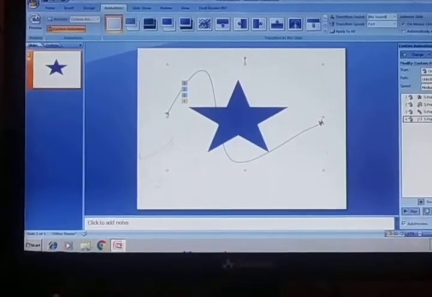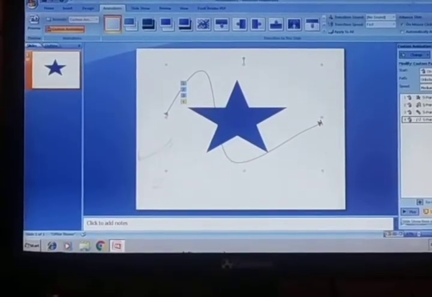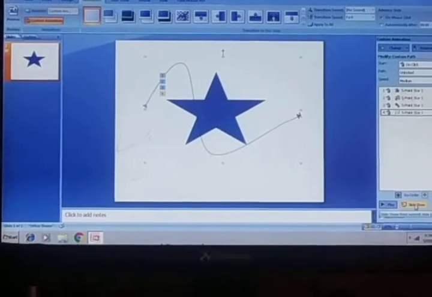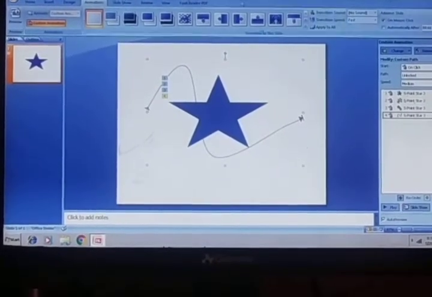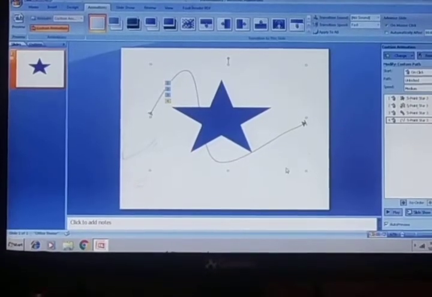Okay, so let's start the slideshow. You can click on the slideshow button or press the F5 key. So click on the slideshow.